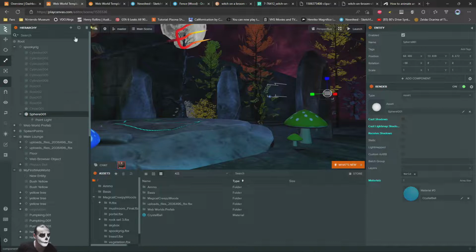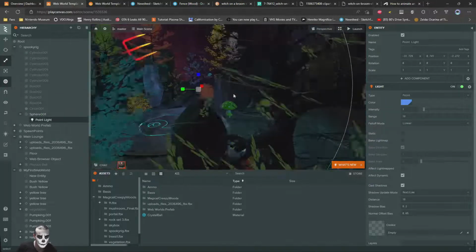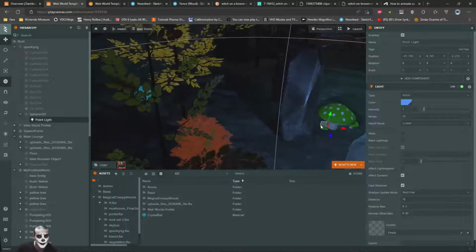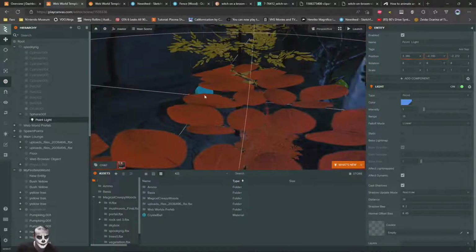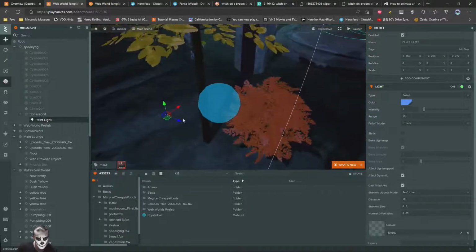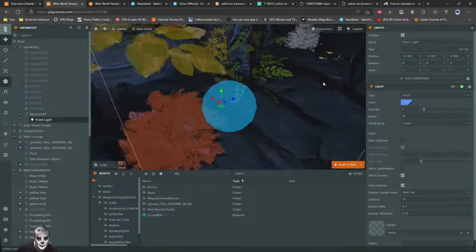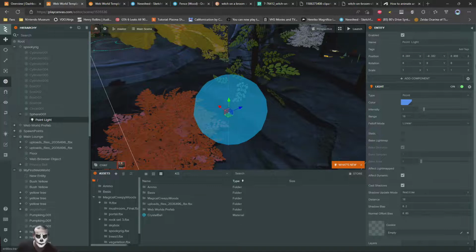Some weird stuff happening here. Oh, that's why. My light was not actually where my light was, so it was really weird. For good reason. That also means that